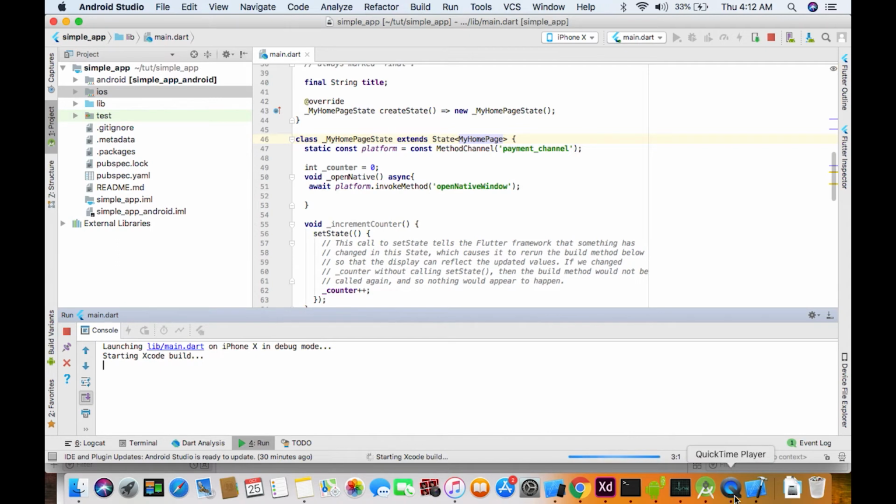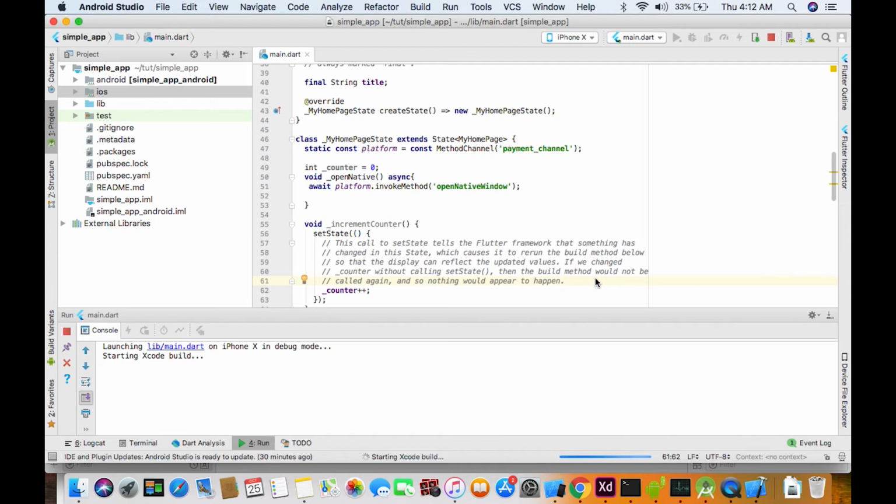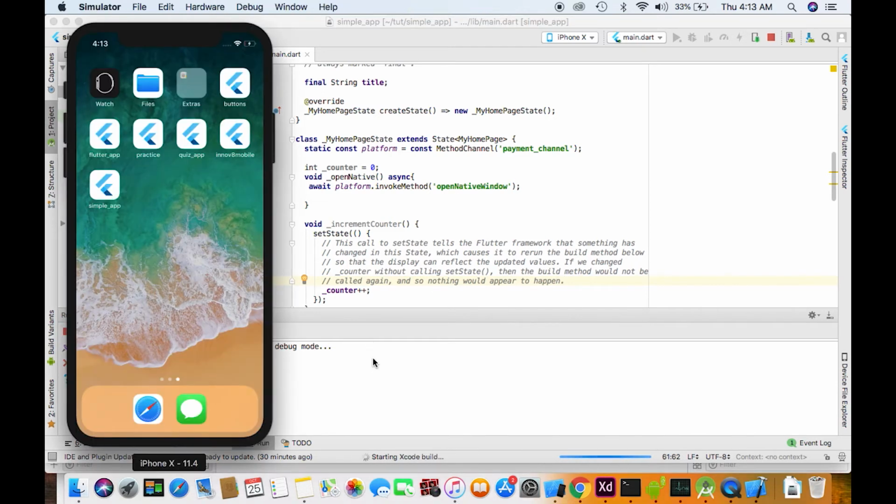So let's look at our emulator. Where is our emulator? Yeah, it's gonna launch again. Yep, it's installing. So I'm gonna fast forward this part basically. Let's see if this is gonna run or not, or some error.